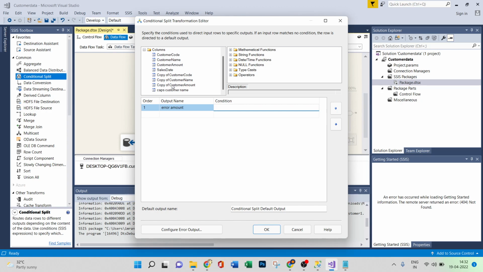So I'll just take the copy of customer amount should be less than 0, or logical or, if copy of customer amount is equal to 0, fine. So anyone be careful with the